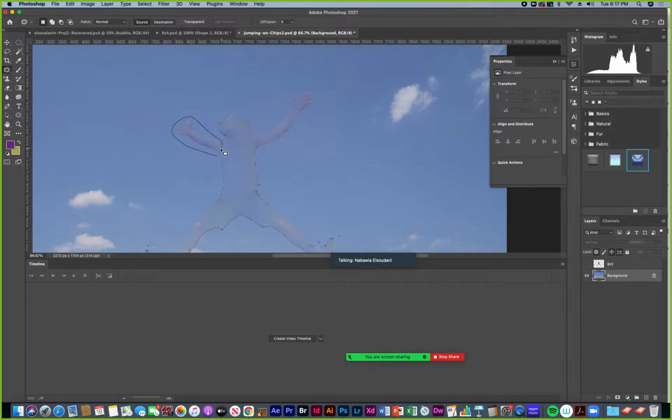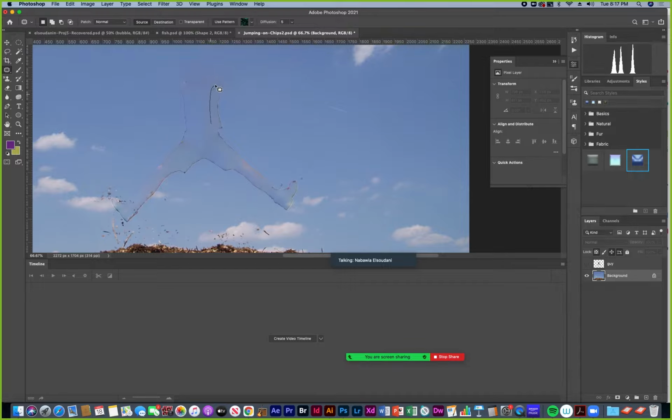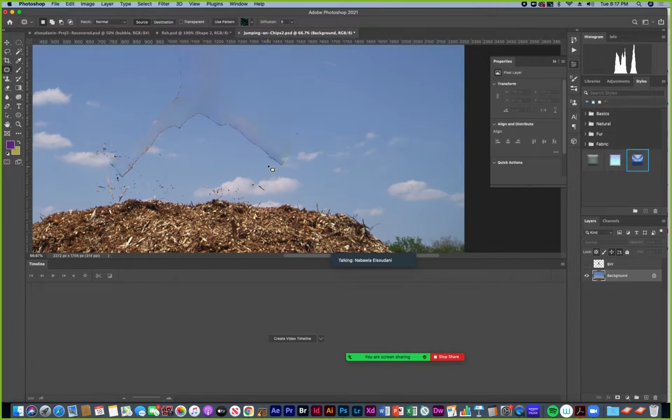I'm just going to draw around the guy and drag out to clear that funny looking cutout around his form. So just draw around the edge there, drag out to the clear area just to make it cleaner.